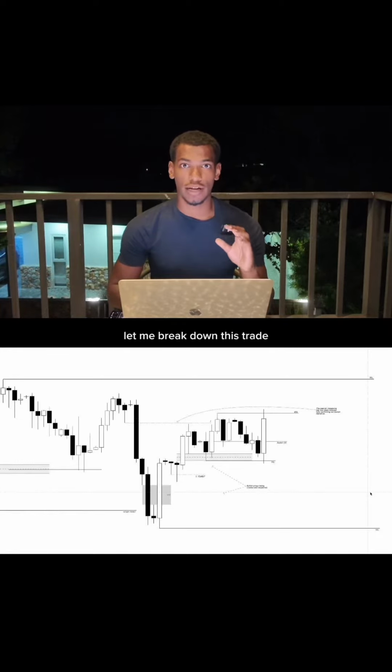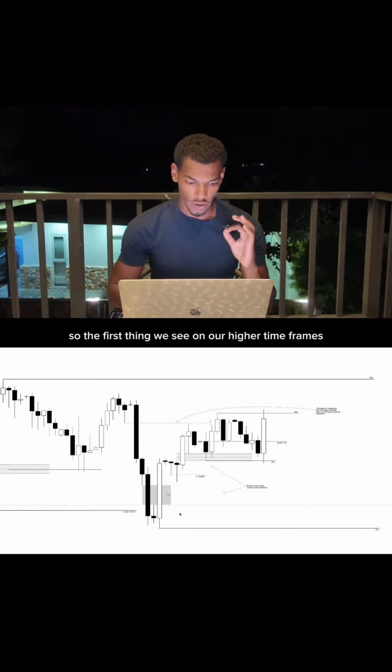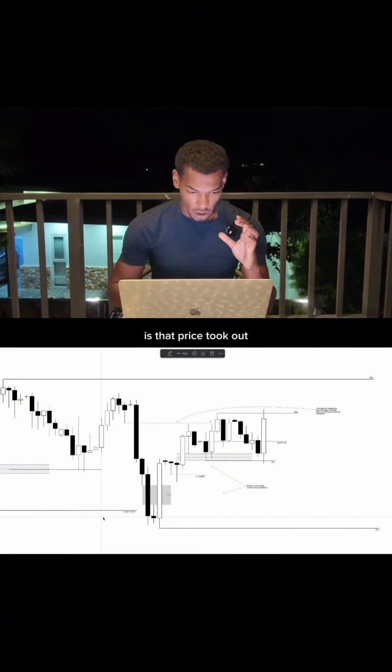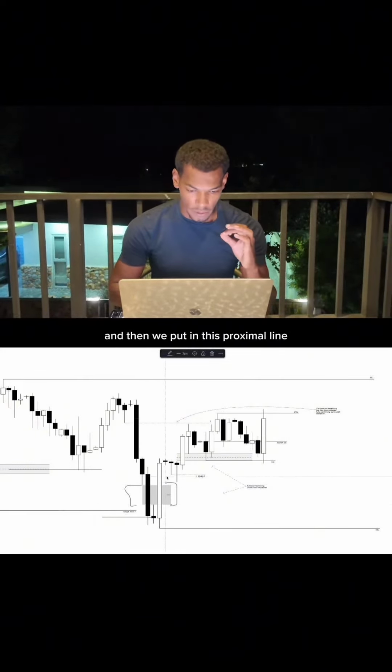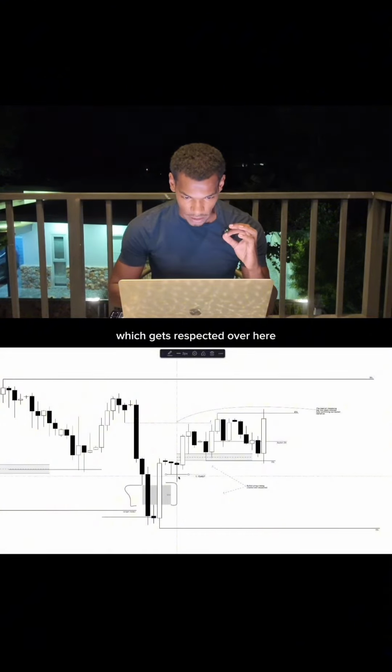Let me break down this trade I took on EURUSD yesterday. So the first thing we see on our higher timeframes is that price took out sell side liquidity, formed this BPR, this overlapping imbalance on both ends, and then we put in this proximal line which gets respected over here,